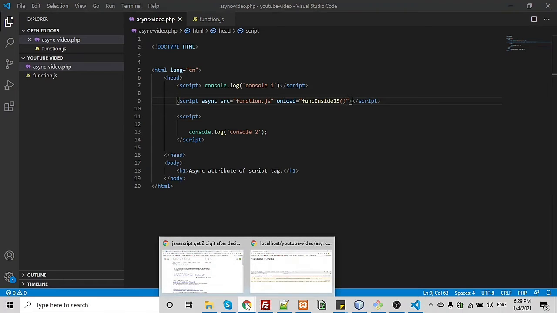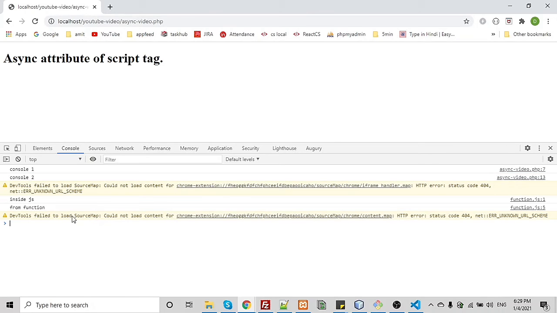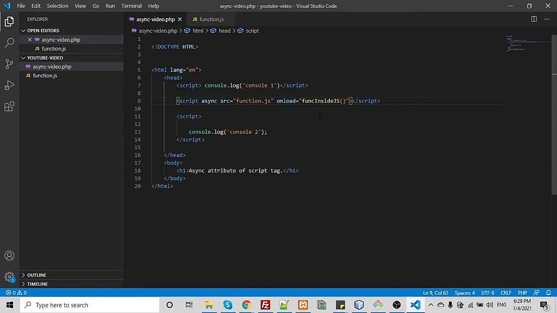Now the error will be removed. As you can see here, the error has gone, and "from function" is logging perfectly here, but it is showing in the last because we have used our async attribute.